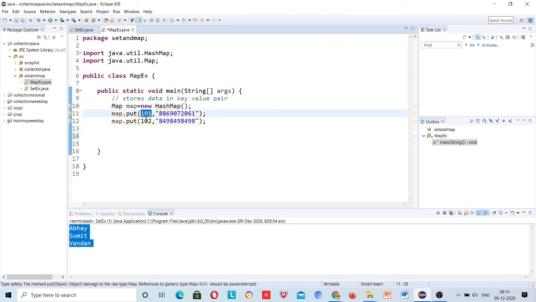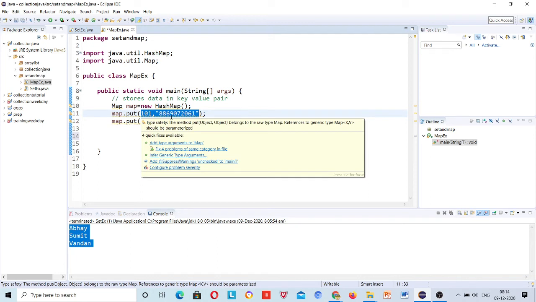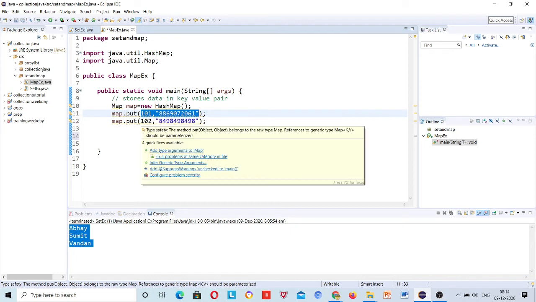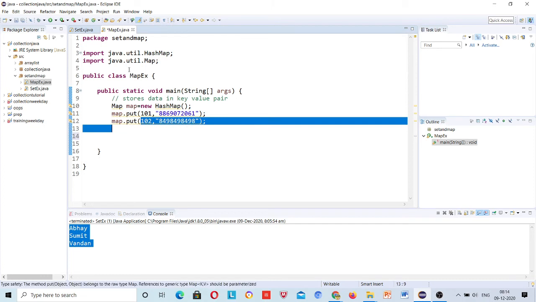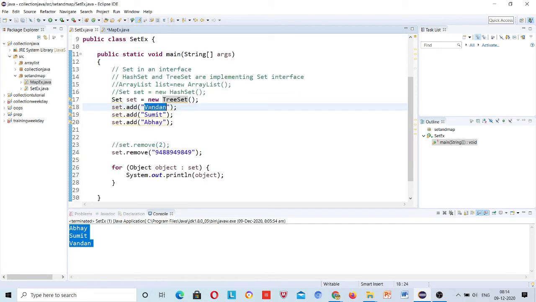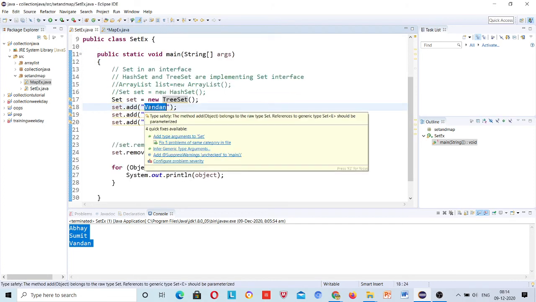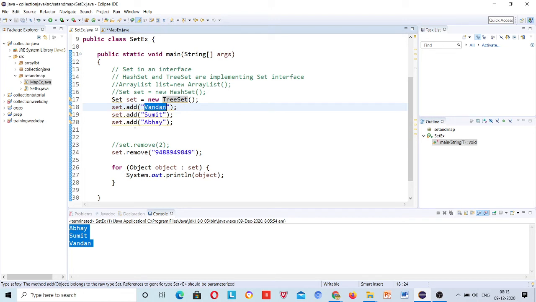Why are you considering integer and string values? I said this particular method is receiving two values, don't relate it to the data type. Here the add method is receiving only a single value, and object can handle that.